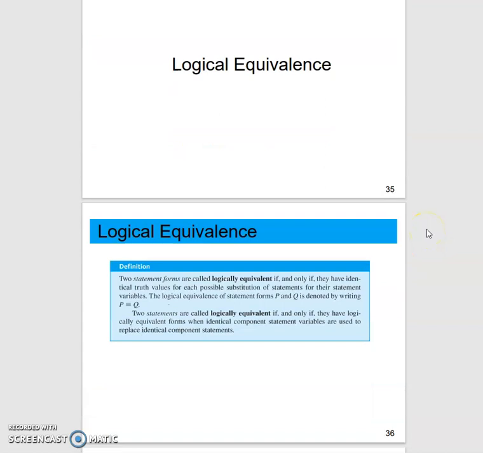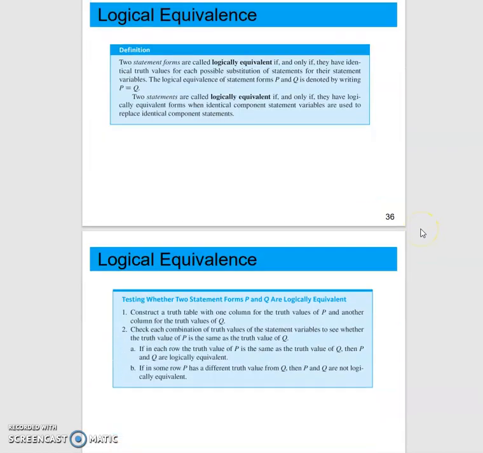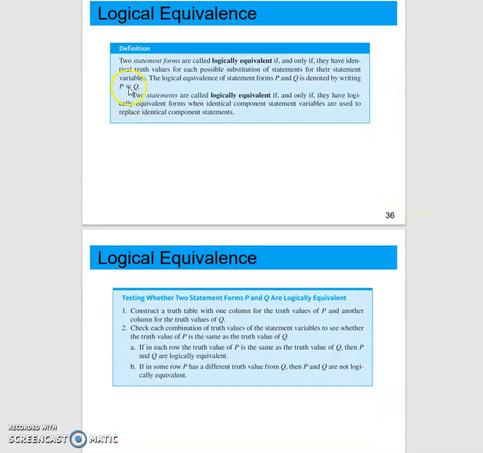All right, let's talk about logical equivalence. This is where we have two logical statements, and we are saying that they give us the same results. Basically, their truth tables are the same. And the notation that we will see here looks a little bit like an equal sign. There are actually three lines there. Think of it as being pretty much the same